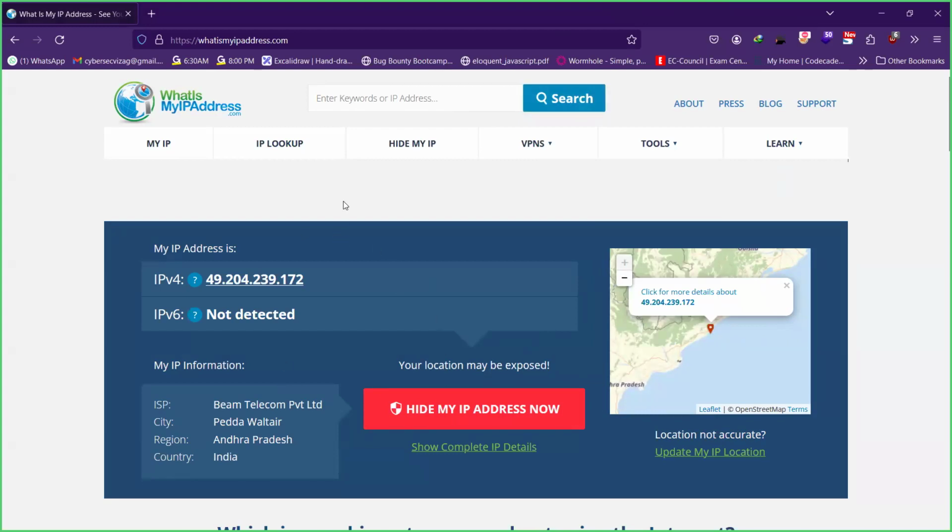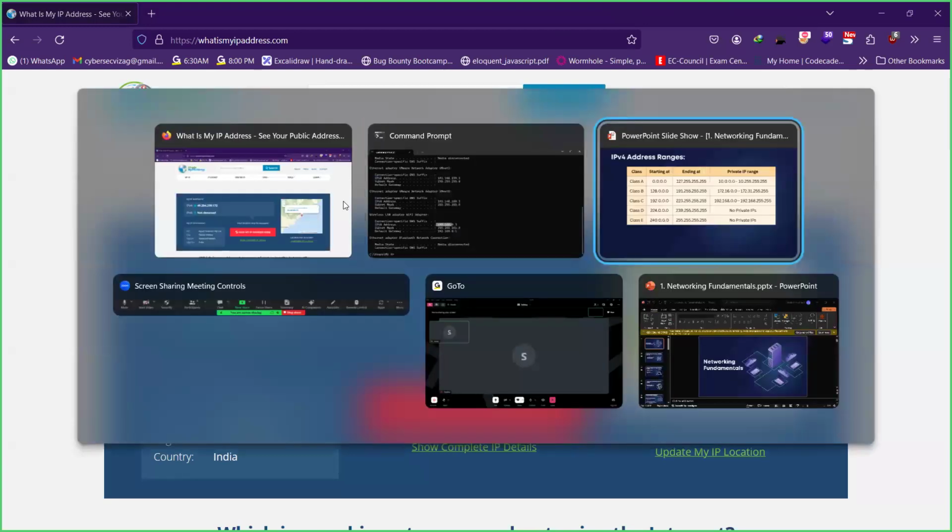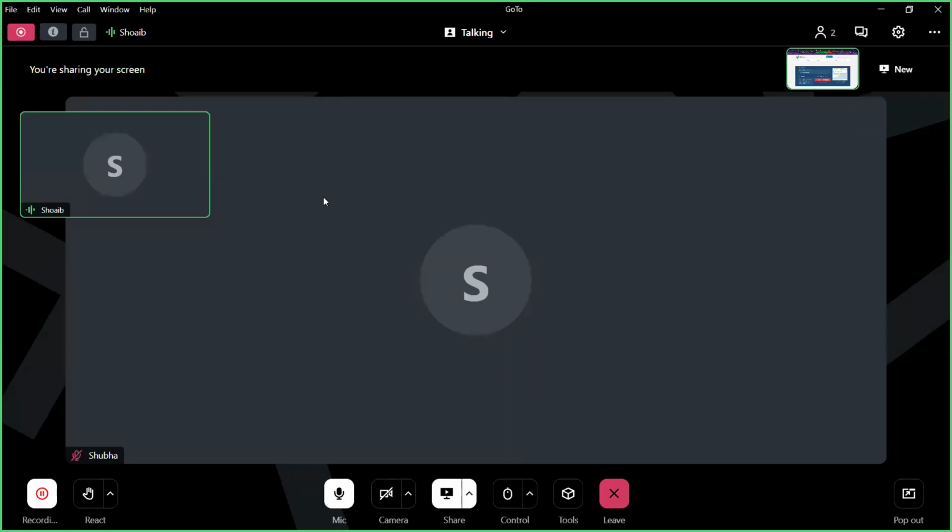Okay. Before that, any questions or doubts up to this point? Shubha, Shekhar, Shrikant,